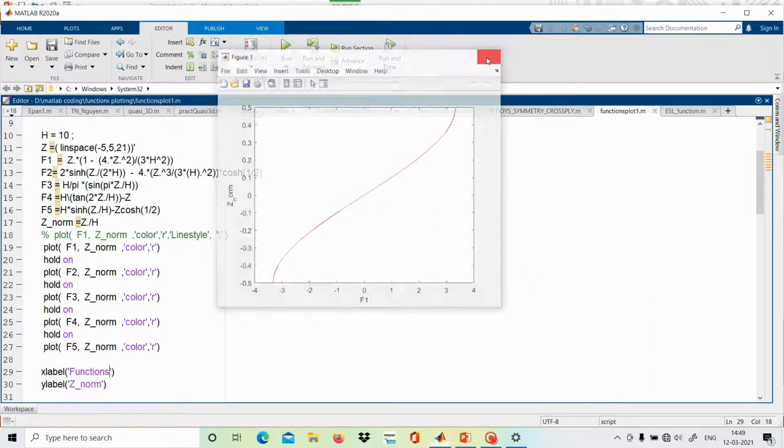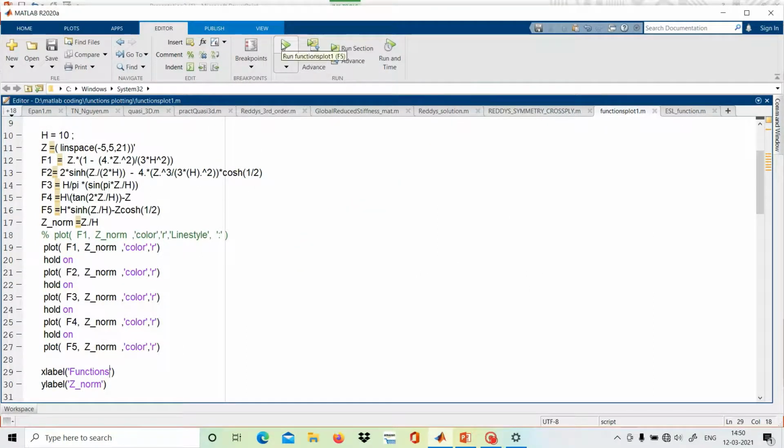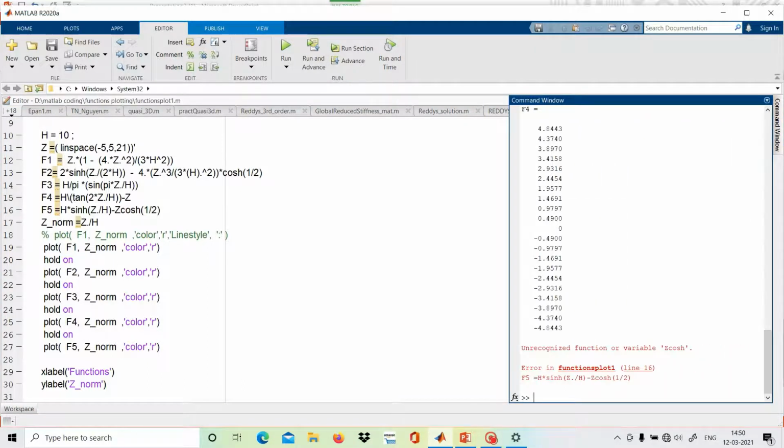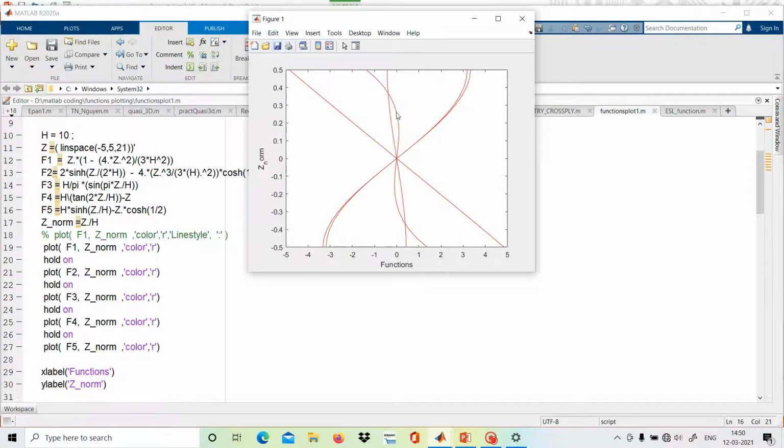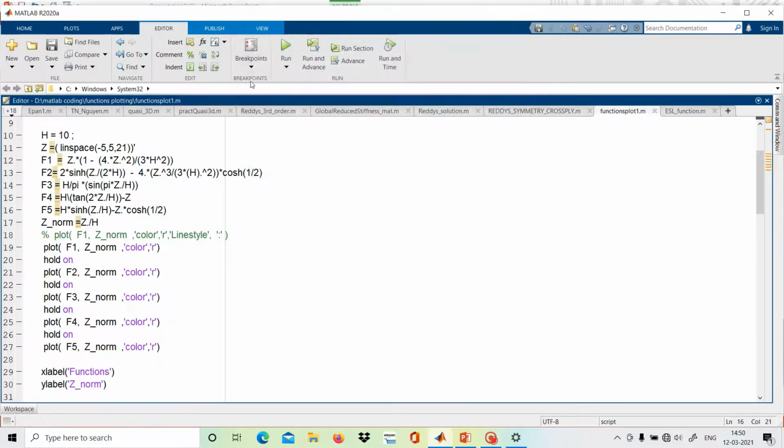Okay, we just remove it. We'll again give a command. See what we are missing here. Variable z cos. So somewhere in line 16 we are having an error. Z cos. Z is here. It's in multiplication with cos hyperbolic, so it must be that. Okay. Now we run. Okay. Just a minute. We will just run it again.